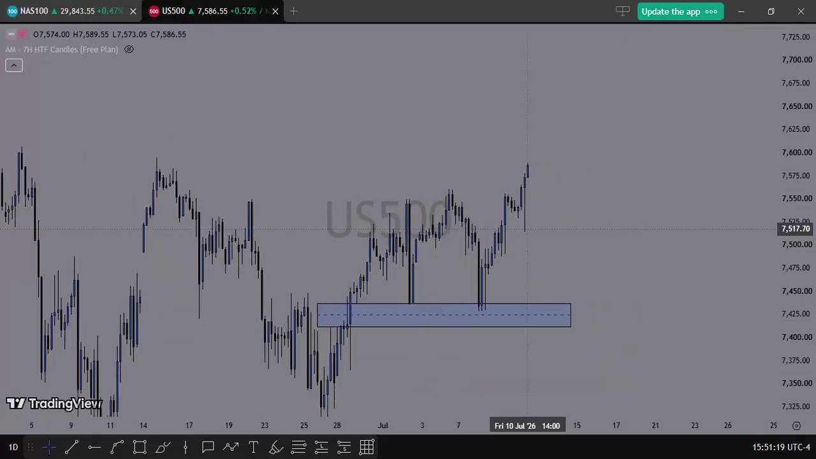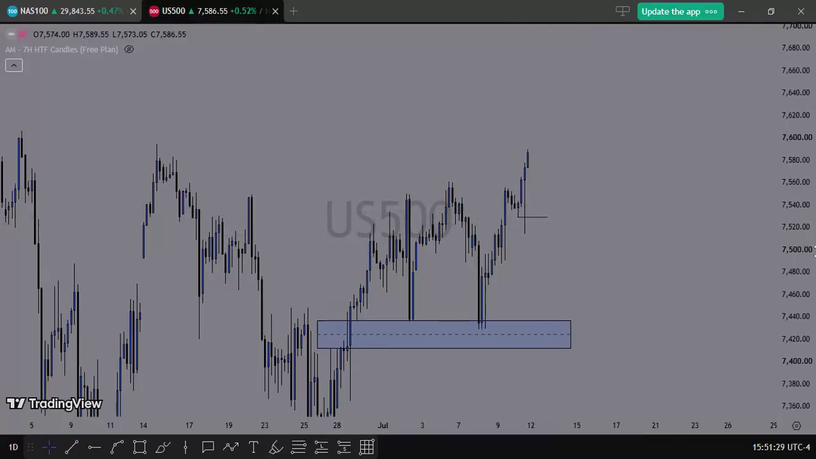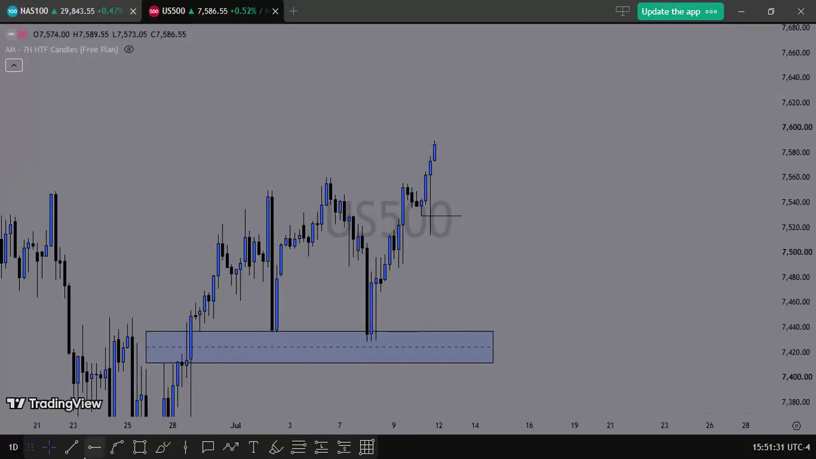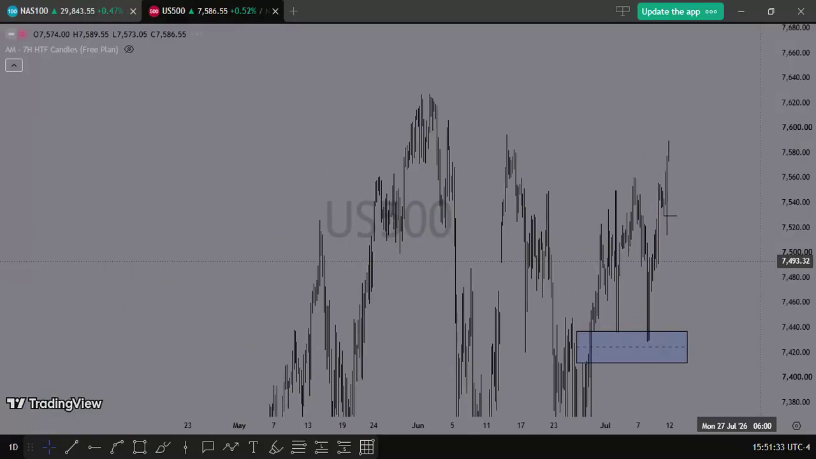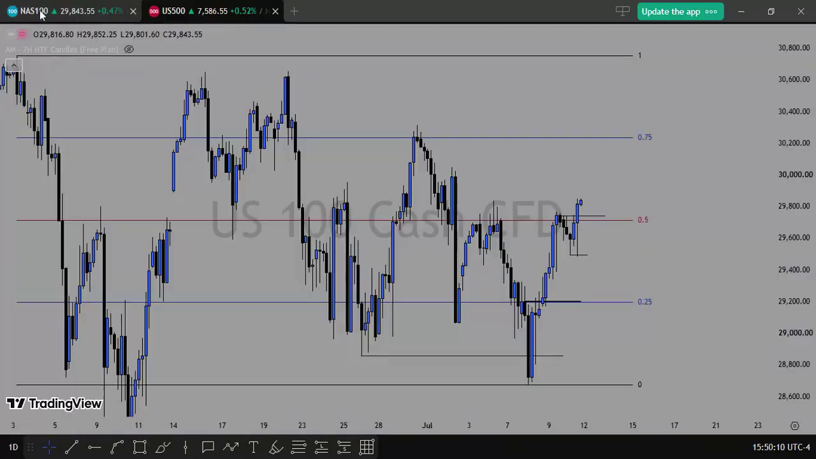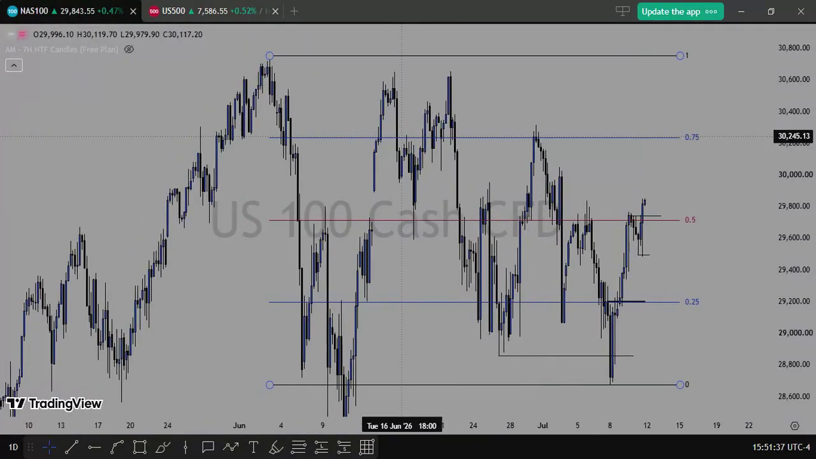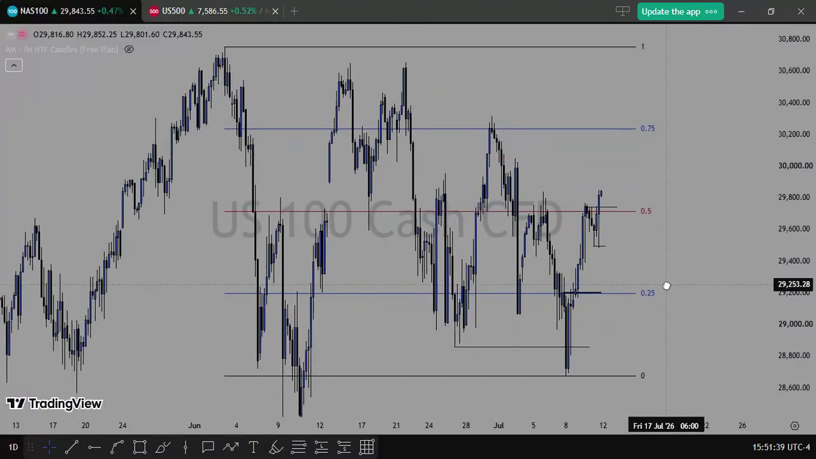I love how we are sweeping liquidity and then closing back above. Sweeping liquidity, closing back above down close candles. That is what I love to see in price at this point. Okay, so that is what is playing out, and that is generally what I would want to see. So basically, I can say that I am net long. I have been net long, but just to be cautious, I'd say that